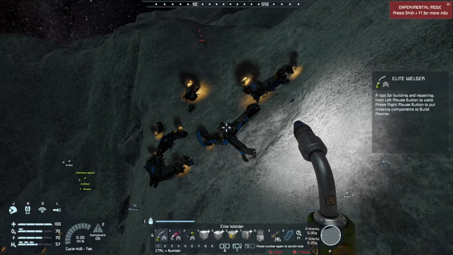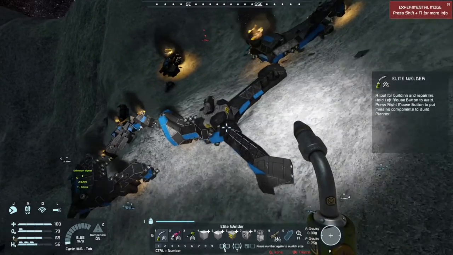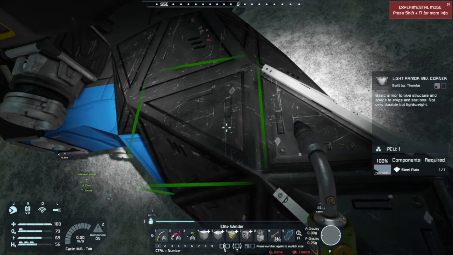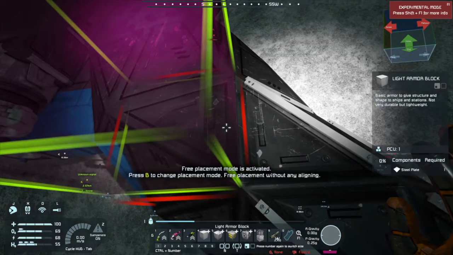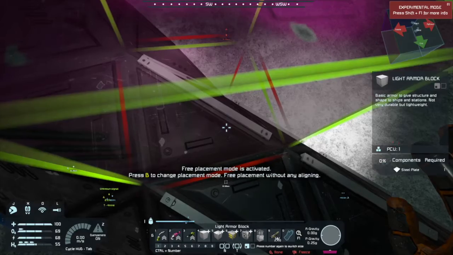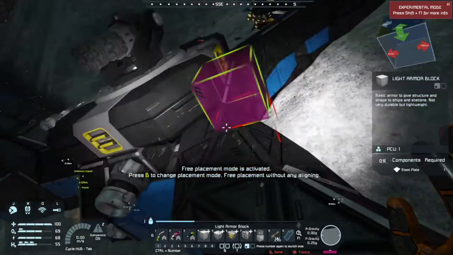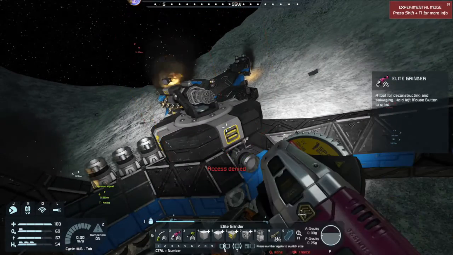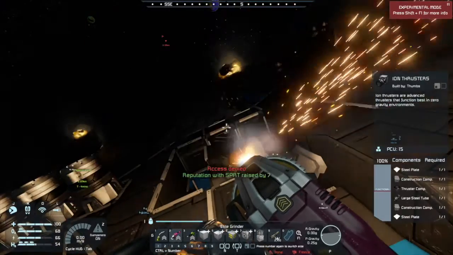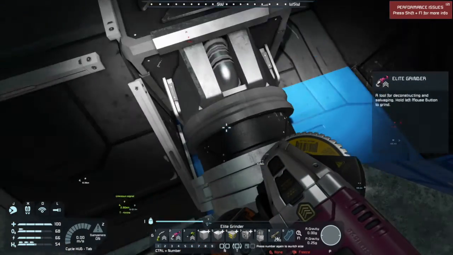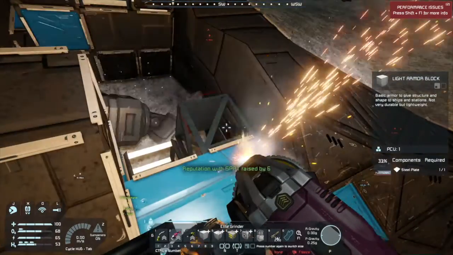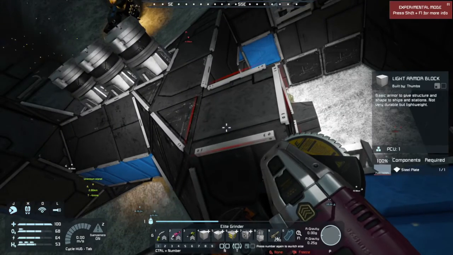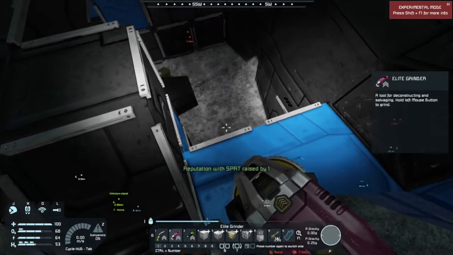Because then I want to mark these up for drilling, and I'll do that by Control Shift and click. But I just have to choose a block. It won't do it, and that's because this is not mine. This still belongs to the pirate faction. So I will have to manually drill this down, and hope that at one point there's an antenna here. If I take that, can I do it now? Nope. I'll still have to go and drill, and